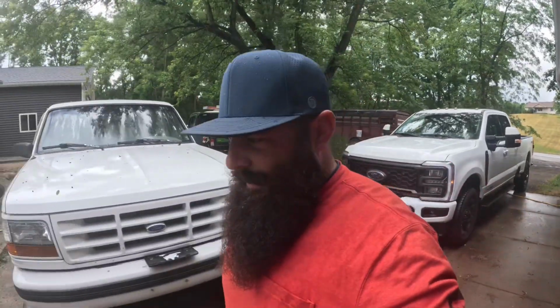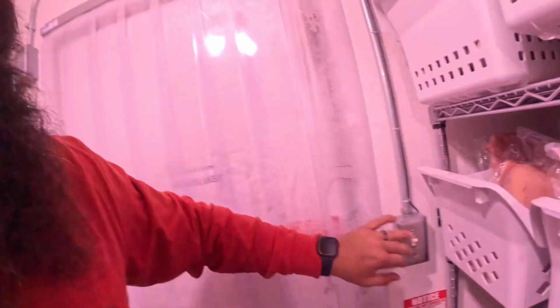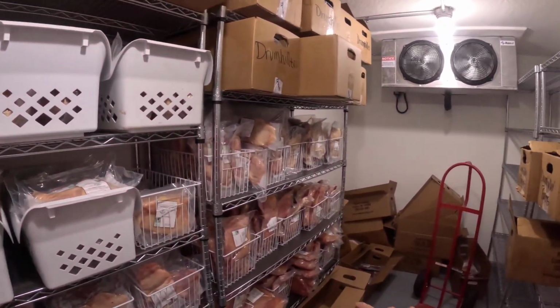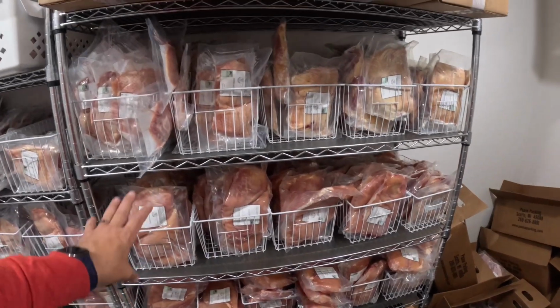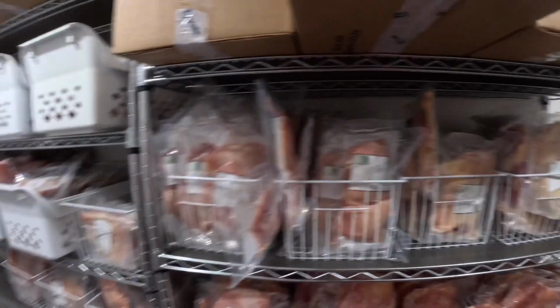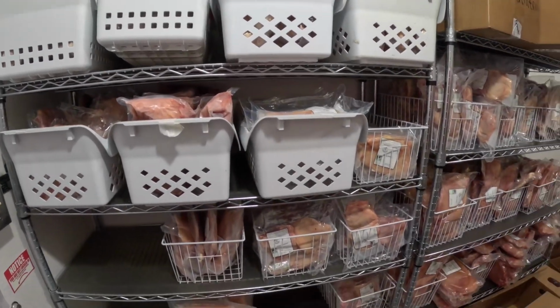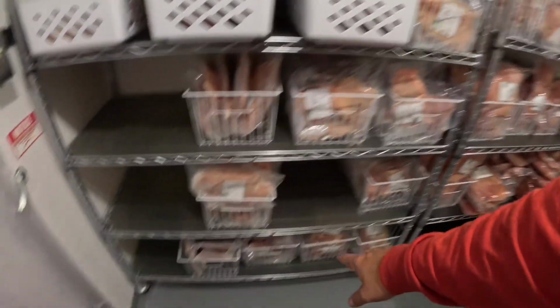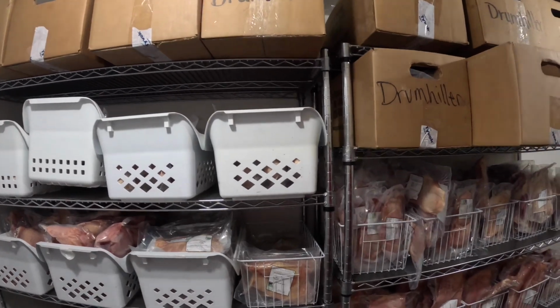All right, my camera could not handle how cold it was in there, but I did want to show you we're completely stocked back up on chicken, and we got more at the processor, heading to the processor soon. Check it out, guys. Tons of chicken breasts. This is our main seller, the chicken breast. So that's why there's so many boneless, skinless chicken breasts and only a few containers of bone-in, skin-on. We got bone-in, skin-on chicken thighs, boneless, skinless chicken thighs, wings and drumsticks, and